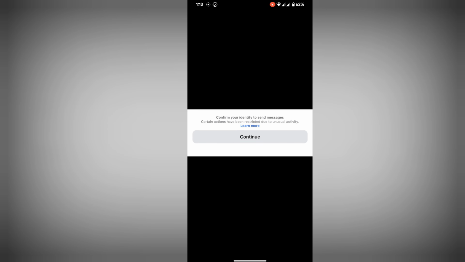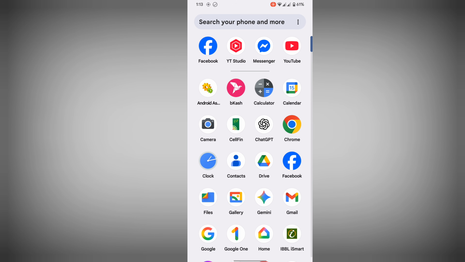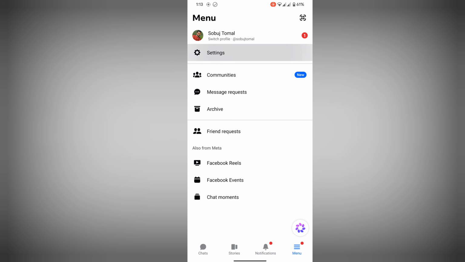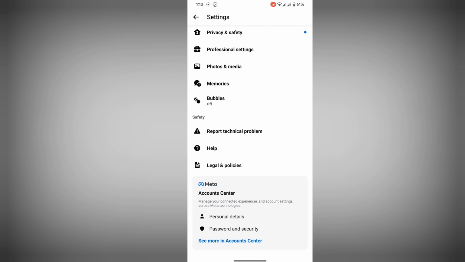In this video, I show you how to confirm your identity to fix the send message problem on Messenger. For fixing this problem, open your Messenger app, click on menu. Now click on settings, scroll down, then click on show more,